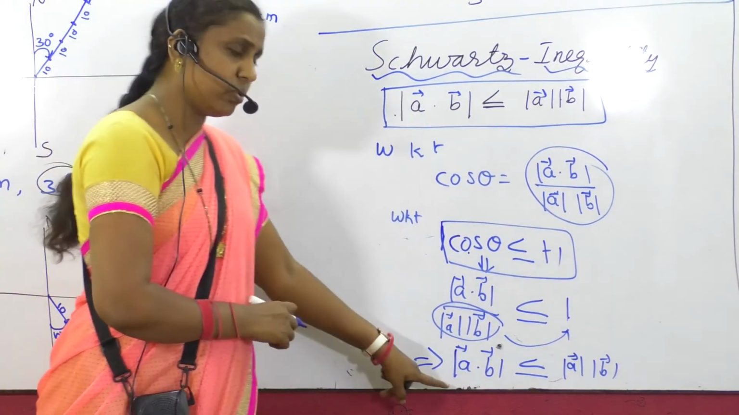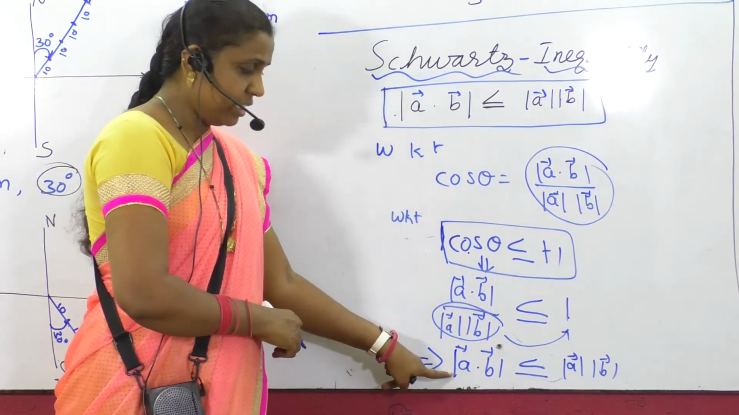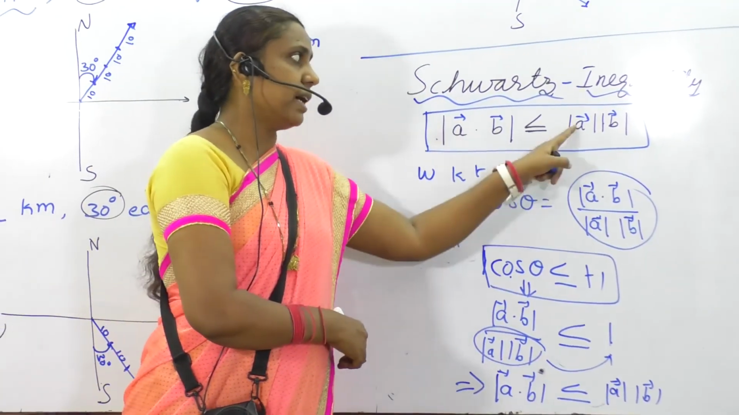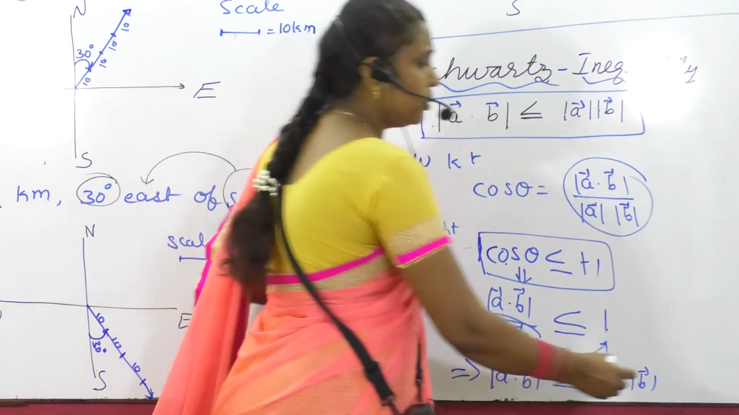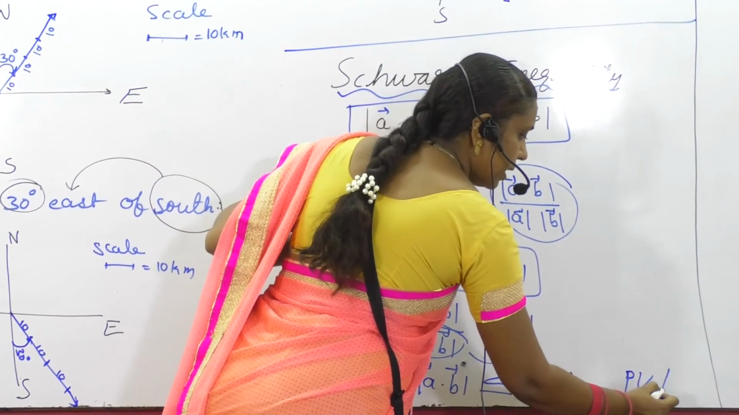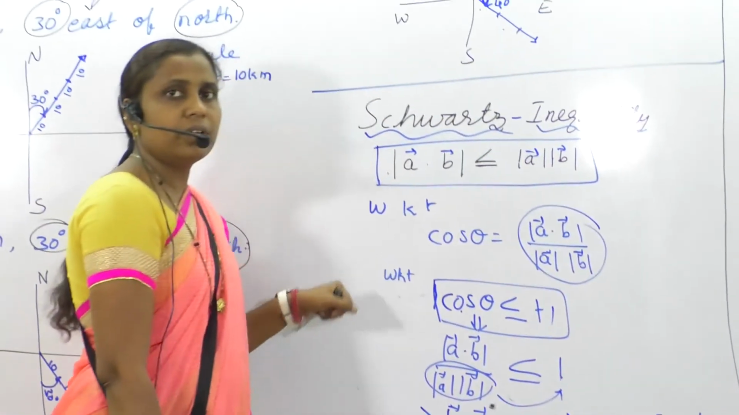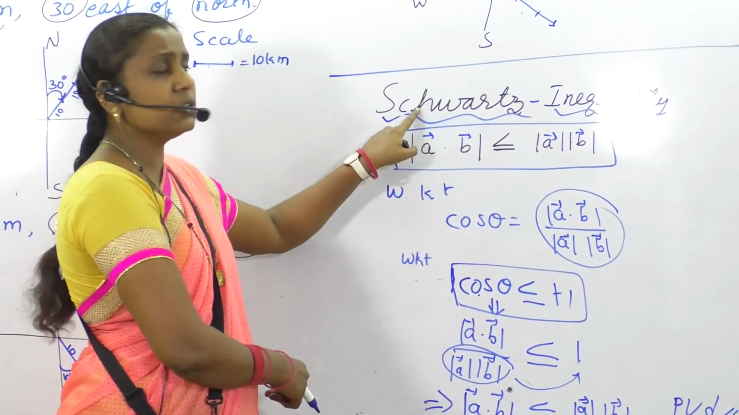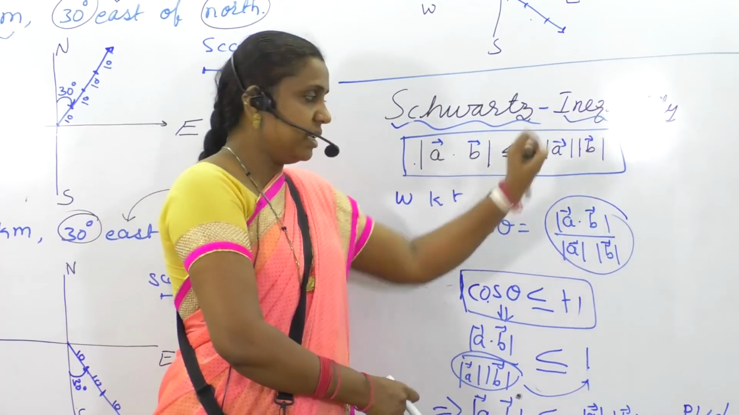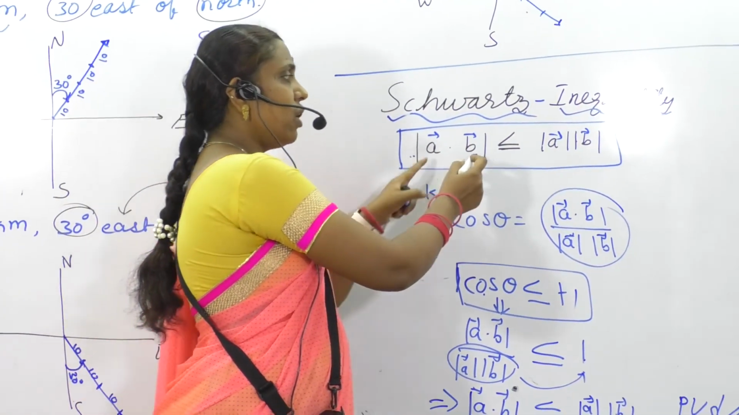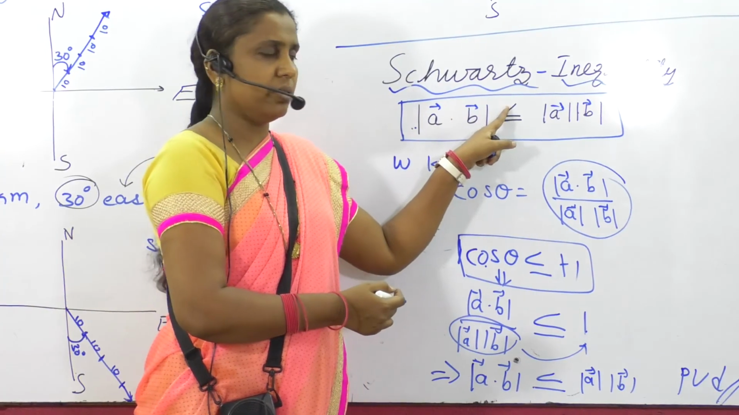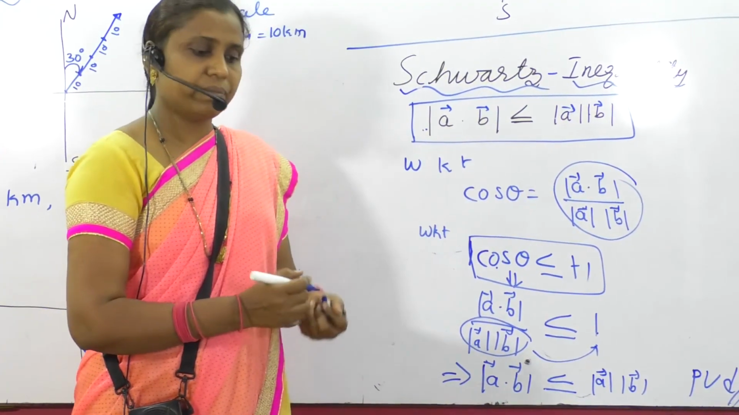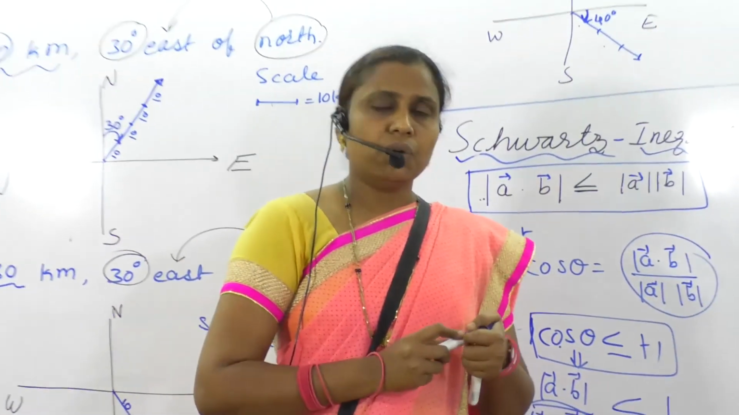Check. This is what we are supposed to prove. Am I right? Magnitude A dot B less than or equal to magnitude A, magnitude B. Hence it is proved. So this inequality is said to be the Schwarz inequality. Please do remember, the magnitude of the dot product is always less than or equal to the magnitude of A times the magnitude of B. Okay. I think this is sufficient for today. We will be continuing in the